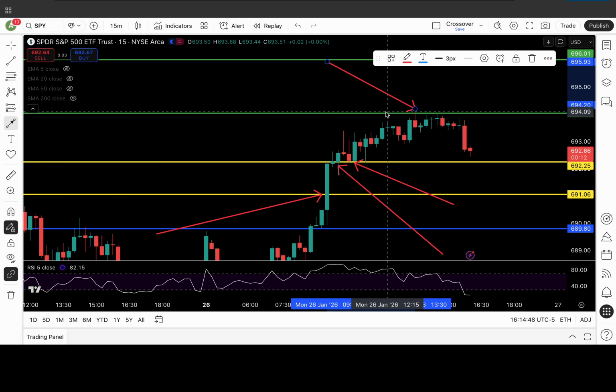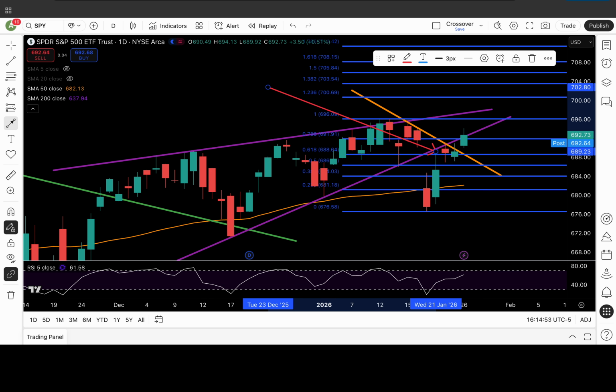So now at this time, we have to prepare for the next day. The way I like to prepare for the next day is to identify the bull case scenario and the bear case scenario, because we don't want to marry one side too much. We don't want to lean too bullish. We don't want to lean too bearish. We want to be unbiased. We want to be well balanced, because when we are balanced, we are able to be prepared for either case